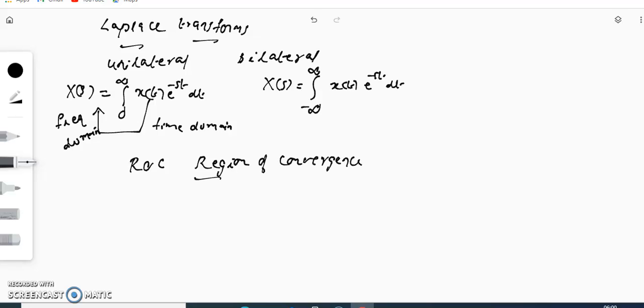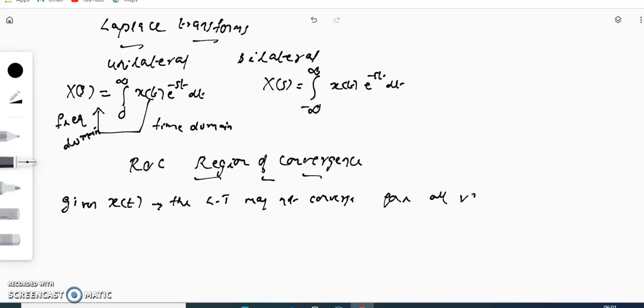Or we can say that for a given x of t, the Laplace transform may not converge for all values of s. And if it is converging for a value of s, that area is known as the region of the